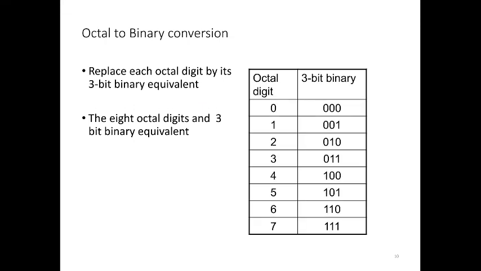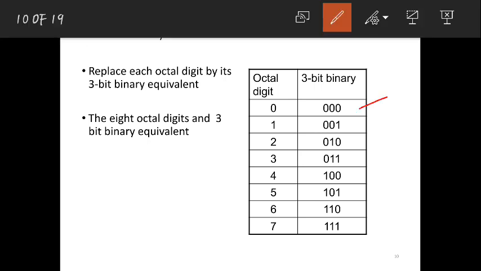See here, whatever I have written just now, he has written here. 0 means 0 0 0 in 3-bit binary. 1 means 0 0 1. 2 means 0 1 0. You already know 2 power 0, 2 power 1, 2 power 2. So 2 power 0 means 1, 2 power 1 means 2, 2 power 2 means 4. So see, for 0 all are zeros. For 1, in place of 1 you need to write 1. For 2, in place of 2 you need to write 2. For 3 you don't have 3 here, so you need to add 2 and 1. So in place of 2 and 1 you have written 3. By adding those both you will get 3.